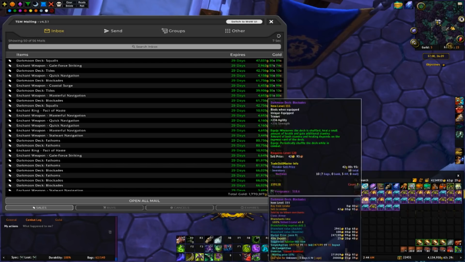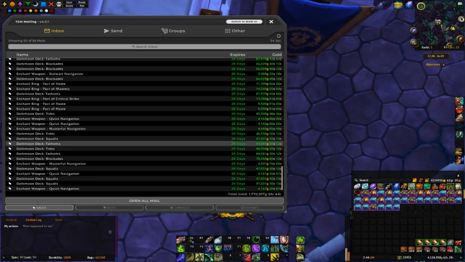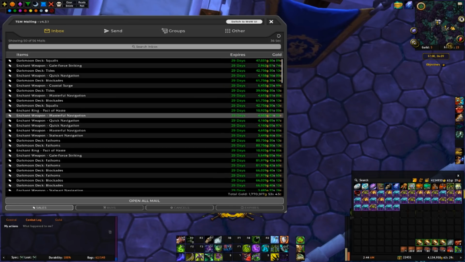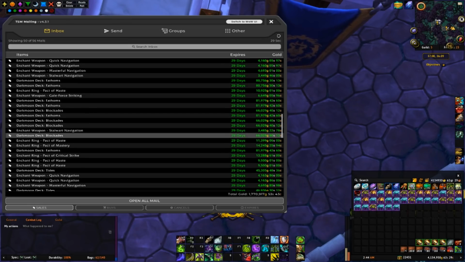Still have plenty of blockades left to sell, and the prices are holding steady at between 60 to 70k right now, so that's awesome. We also ended up selling a bunch of enchants today. Sales are similar to Tuesday's figure, which was, I think I made 1.5 million on Tuesday. Some of the ring enchants are down to under 10k. I think I saw a few sales at,